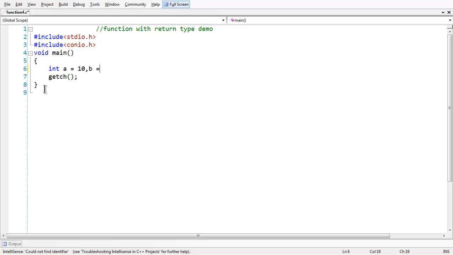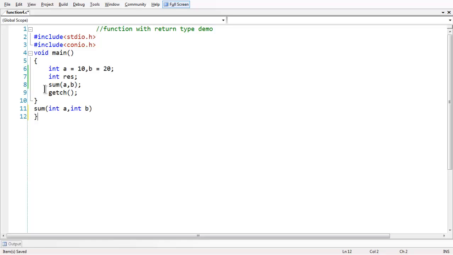So let us take two variables here first, arguments, which will be used as arguments, and another one to catch the return type. Okay, so we are making just a call to a function which is going to be defined here. Okay, sum int a comma int b. Okay, so this is the function definition, which contains all the basic stuff like this. Just take a C variable and add both the values of a and b, and now